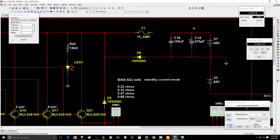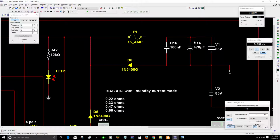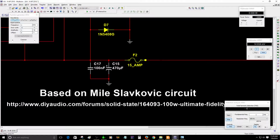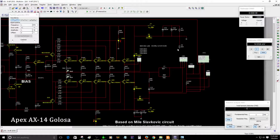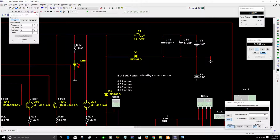So if I misplace the positive to the bottom. As one example, this is the positive of the supply voltage, the positive area of the symmetrical power supply. Right now I'm going to disconnect the negative from the bottom and connect the negative from the supply voltage. I will place the negative to the positive area of the amplifier on purpose, just to show you the purpose of those diodes. So that's a good thing in case someone connects wrongly, like I say, and it will protect